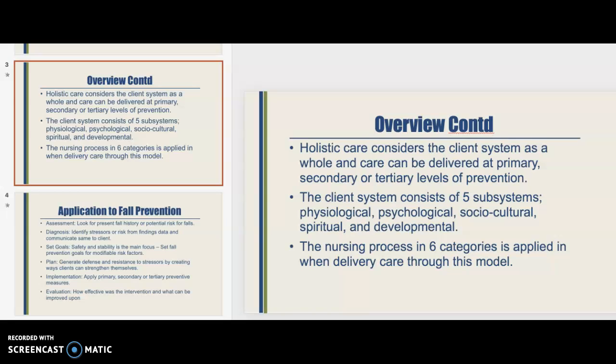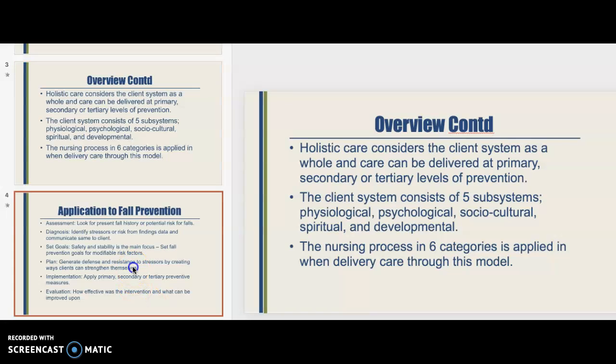Now, the client's system, according to Neuman's theory, is divided into subsystems, which constitute the physiological, psychological, social, cultural, spiritual, and developmental subsystems. Based on this theory, the nursing process is what is used to deliver care. The nursing process in this theory is divided into 6 categories: the assessment, the diagnosis, goal setting, planning, implementation,